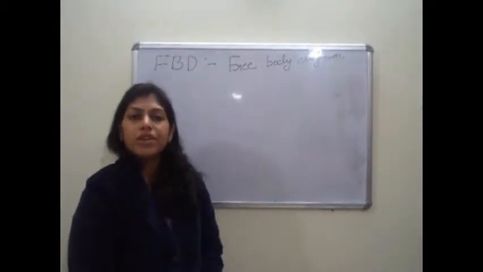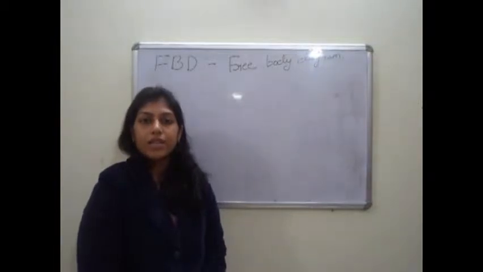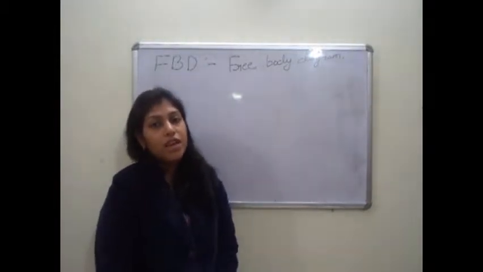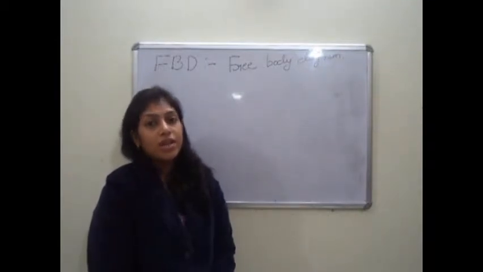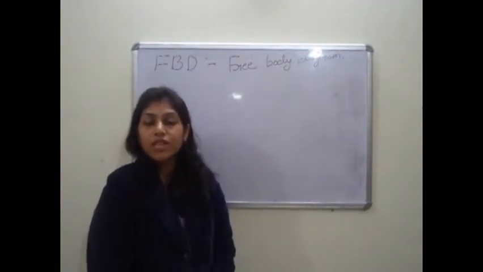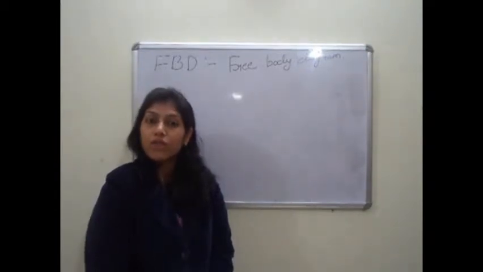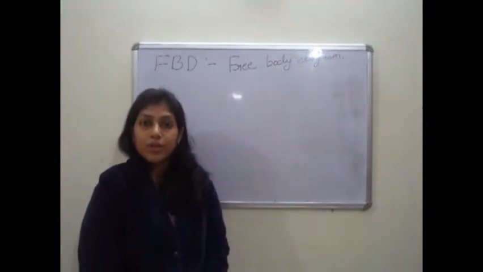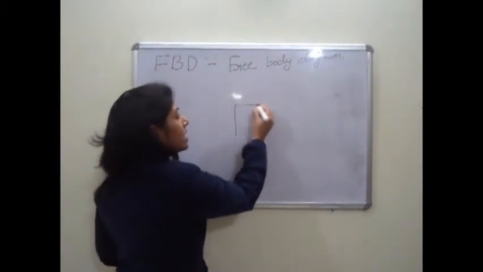If I am considering any structure which is supported by different externally applied forces, or which is supported at different points by different types of supports like floor, wall, hinges, any kind of support, and we want to make a force analysis of that particular structure, we have to consider that structure in the equilibrium condition, and separately draw a diagram which consists of the externally applied forces, the self weight of the structure, or if I am considering any single body, the self weight of the body, and the reactions at the points of contact with the supports.